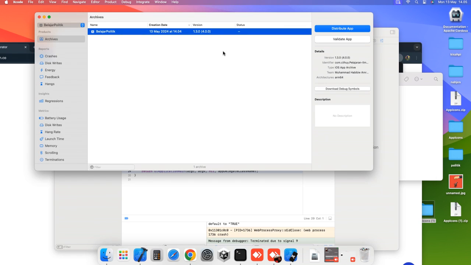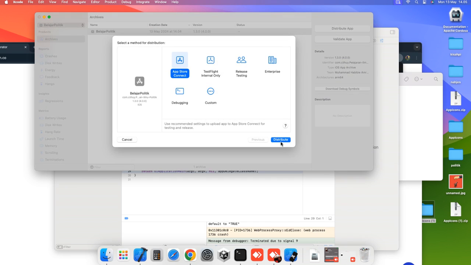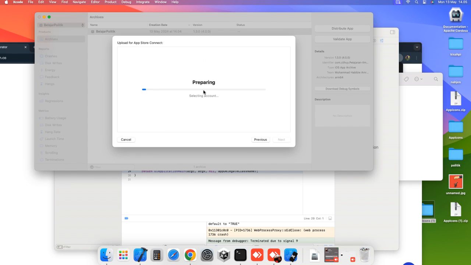You need to have an account to be able to upload your apps on the Apple App Store. Just find out how to register in the Apple developer program, and I cannot explain it here. Let me continue. Just click distribute and it will do its work.